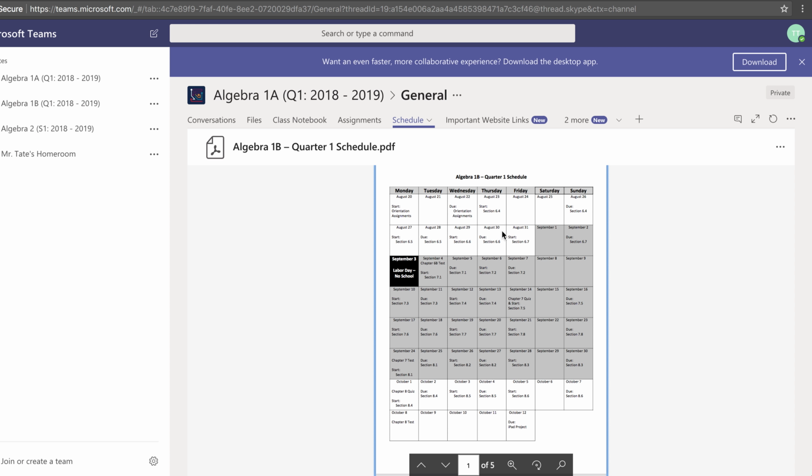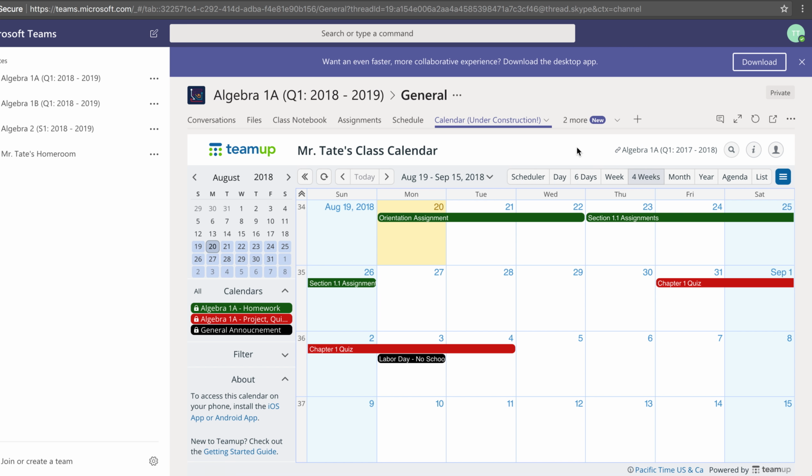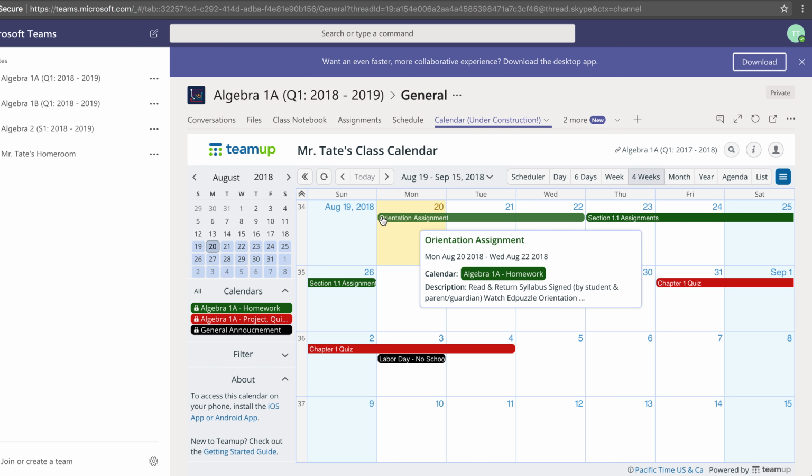And I noticed that I put the Algebra 1B schedule into 1A, so that's something I have to fix in a little bit. However, you can go here to check it. I'm currently working on this calendar app right here, which is a little bit more clear. It's not perfect, but I think it'll be helpful to see when you should be starting an assignment by and